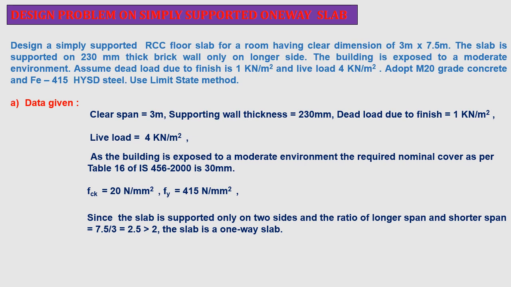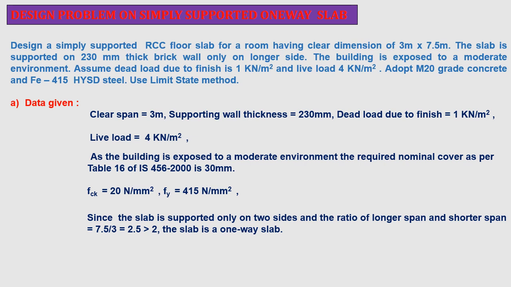So as the building is exposed to a moderate environment, the required nominal cover as per Table 16 of IS 456 is 30 millimeter. Also, for M20 grade concrete, the characteristic strength of concrete fck will be equal to 20 Newton per square millimeter, and for HYSD Fe 415 bar, the characteristic strength of steel will be equal to 415 Newton per square